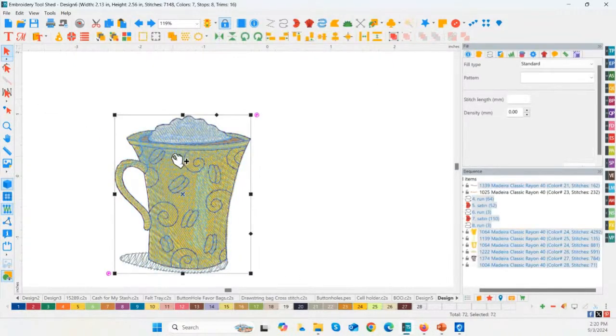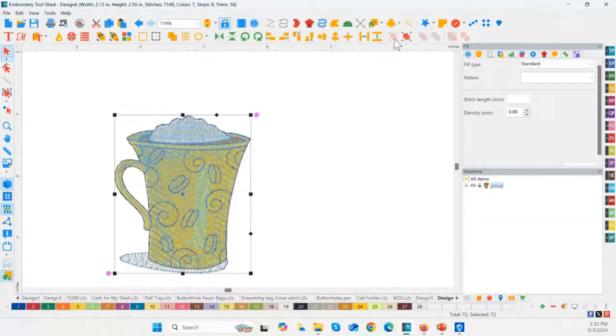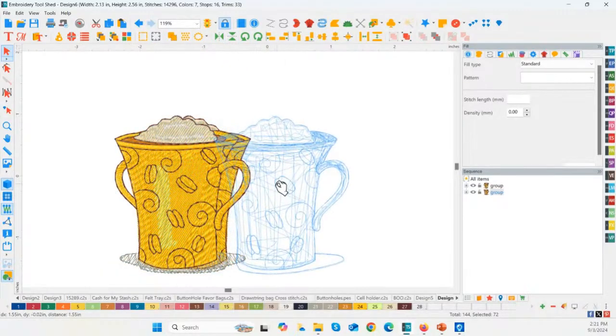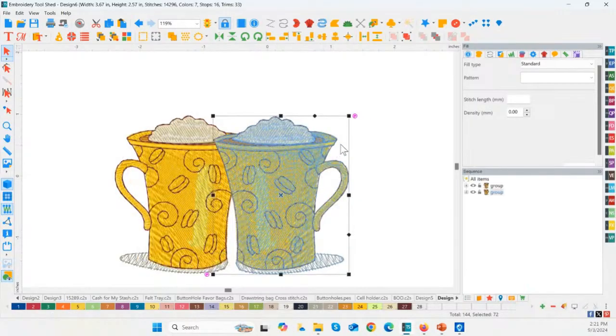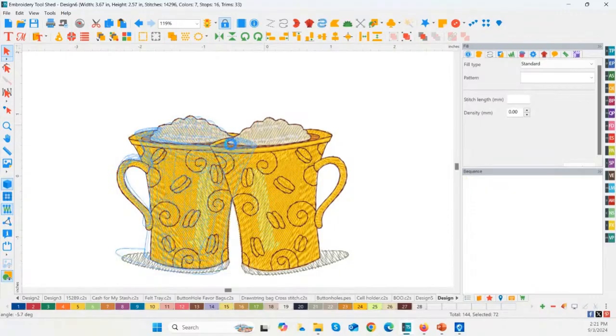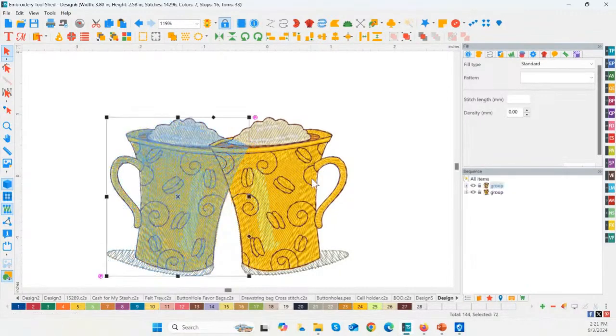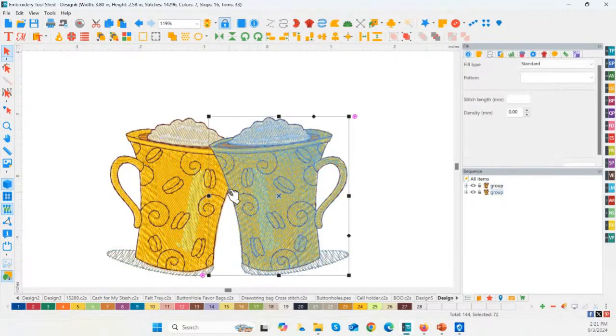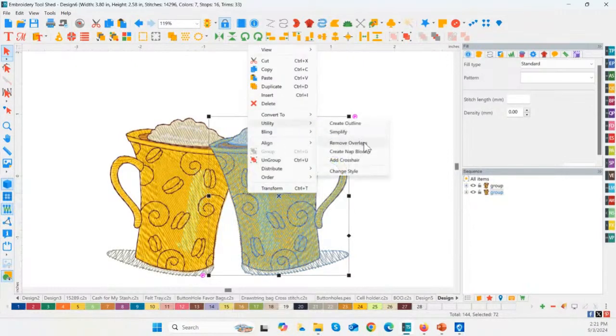and I'm going to group it back together. Control G will group, or you can click the icon on the toolbar. So I'm going to copy it, paste it. Now, every Dime software has copy, paste, and mirror image, so you can do those in any of the programs. But here, if I overlap these just slightly like they're doing cheers to one another, like you have coffee with a friend and you want to do cheers, I select the one that's on top, right mouse click, utility,